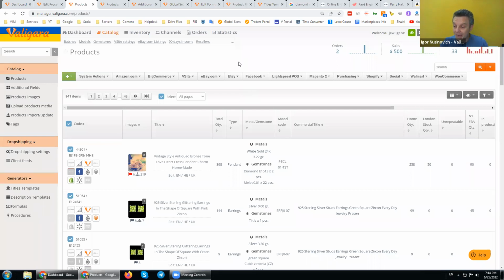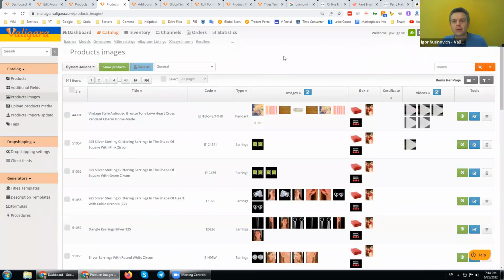Now, another thing, just to conclude: the product data is not just the digital data. It's not the numbers, it's not just the digits. One of the important parts of the data is our images. And this is why in PIM, in product information management, we pay so much attention.